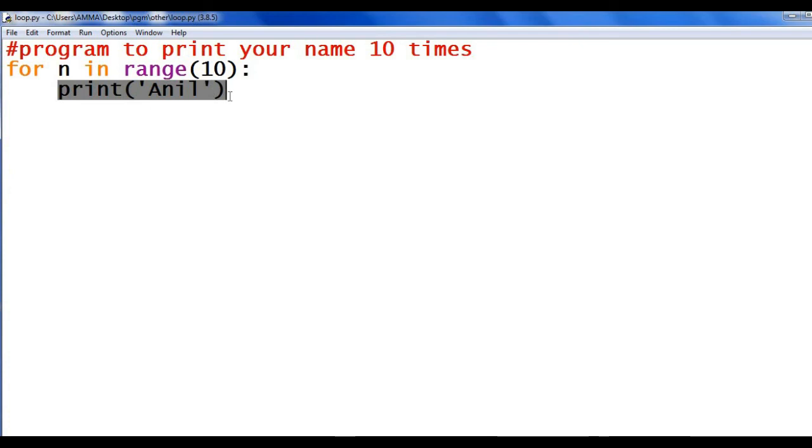Then using this for loop, you can traverse through a string, you can traverse through a list, you can traverse through a tuple, that we will learn in coming chapters. Now just I will show you how to traverse in a string. You know what a string is, isn't it? So just I will show you how to print characters of a string in different lines using for loop. Program to print a string character by character.